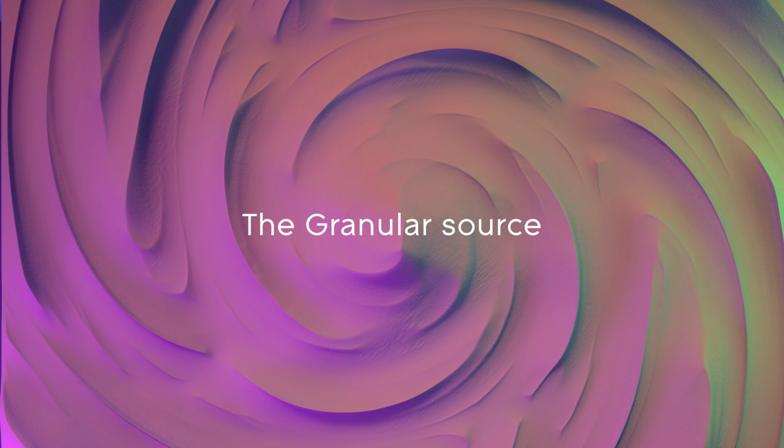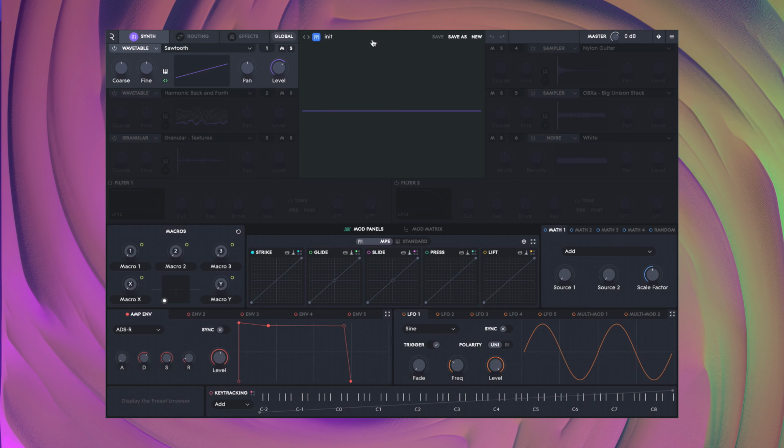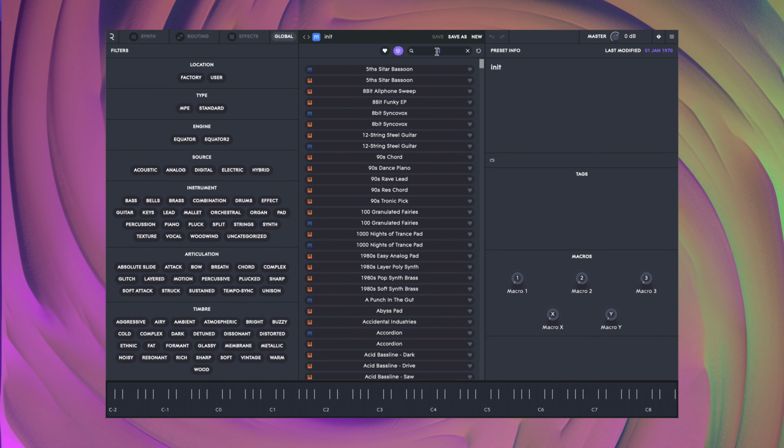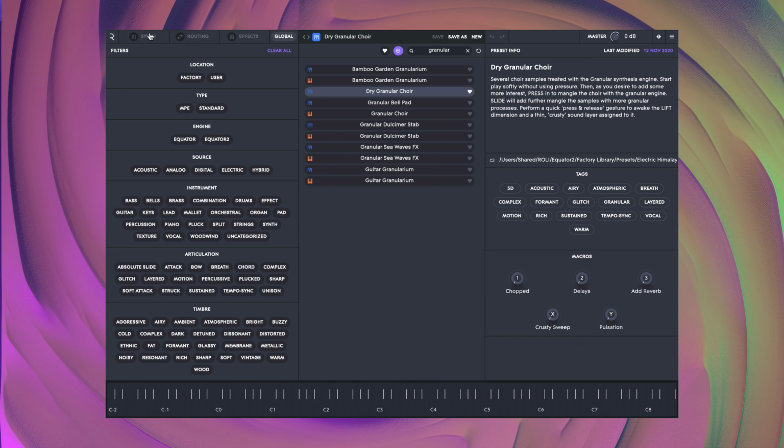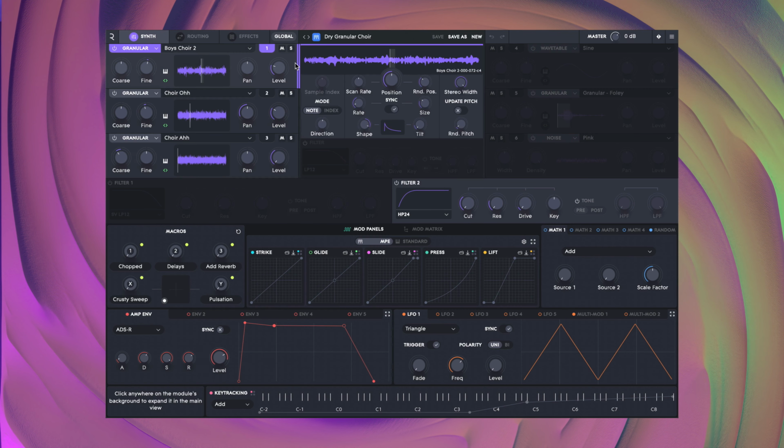Hello and welcome to this Rolly Equator2 tutorial. In this video we're going to take a look at the Granular Oscillator Source. The Granular Source is one of 4 oscillator types that can be loaded into any of the 6 source slots